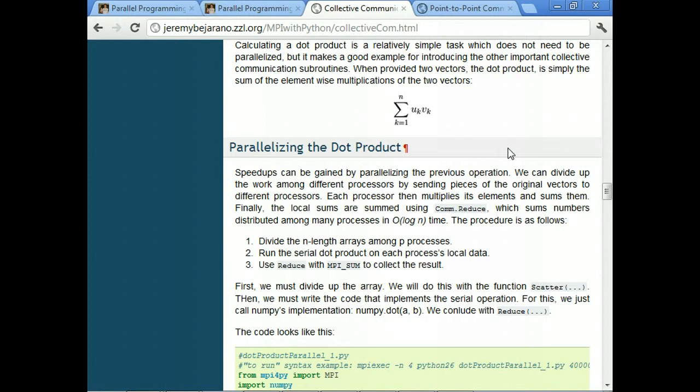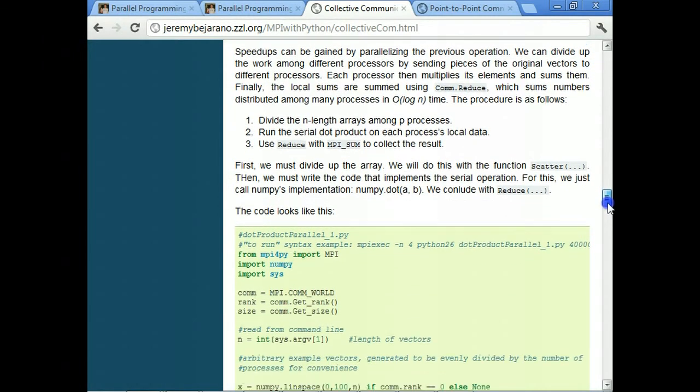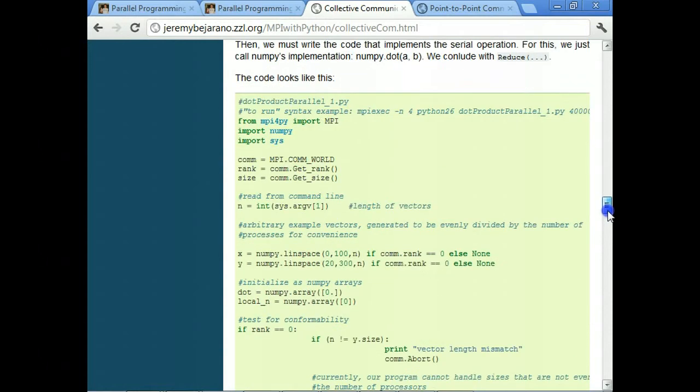And if you have two segments of vectors, you can take the dot product of those two, and you'll get a singular result. And then if you sum all the results from all the processes back to one value, you'll have the dot product of the whole vector. So let's look at the code for that.